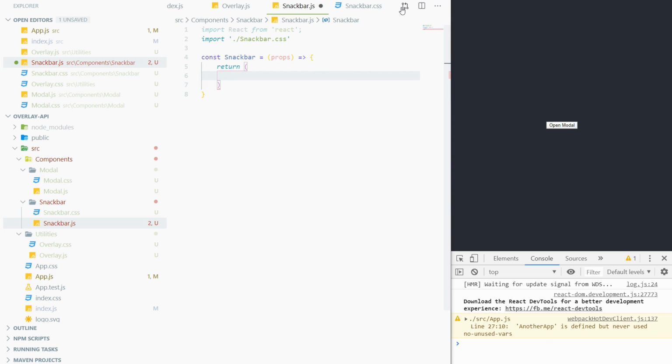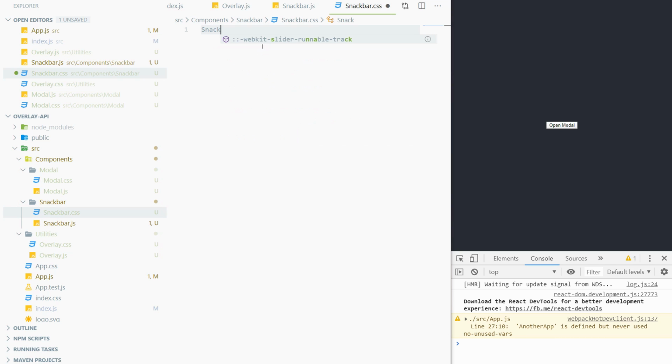So we can return, call it snack bar. Instead of snack bar, we'll have, once again, no, I think that's fine. We can just make snack bar and we'll just put props.text here. So we're not going to allow some kind of custom content inside of it, because the purpose for a snack bar is just to give some kind of text message, right? So let's do that, and then let's go into our CSS file, snack bar,